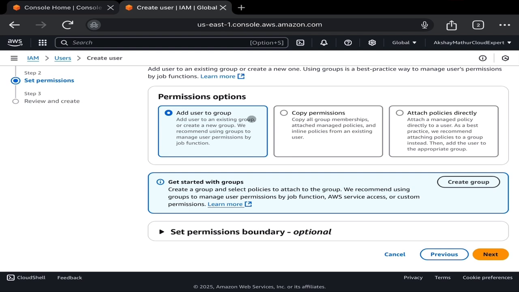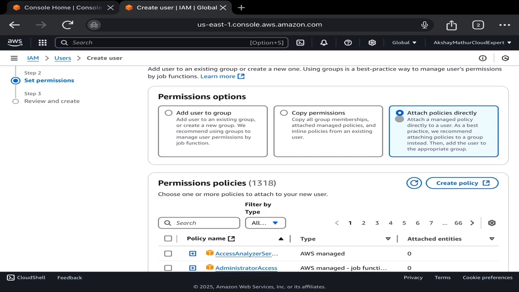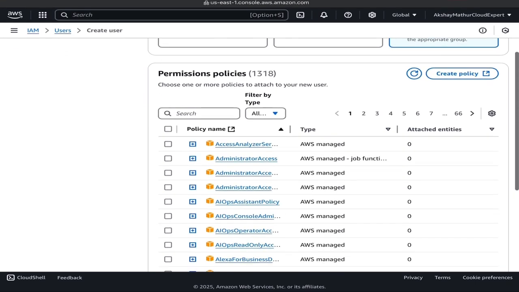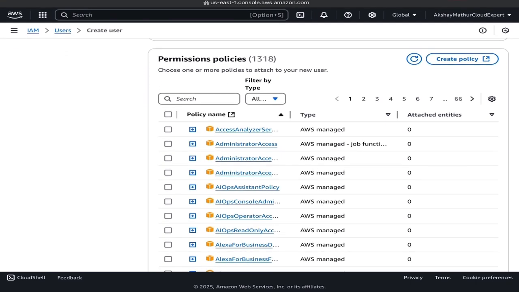If you want to add this user into a group, you can create a group here, add the IAM user into the group and then attach the policy to the entire group. But I will directly attach the policy to the IAM user. So I will select attach policies directly, and now you can see the permissions you can give this IAM user.